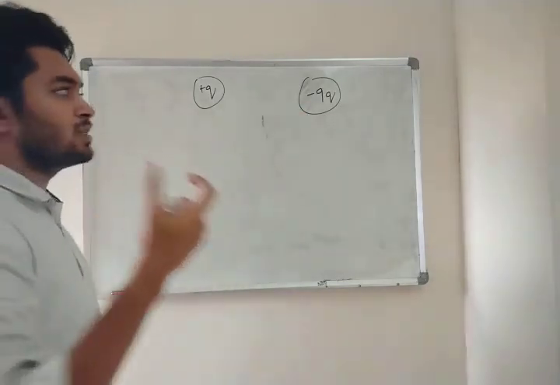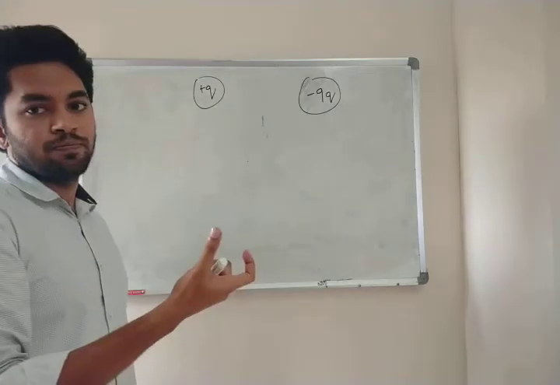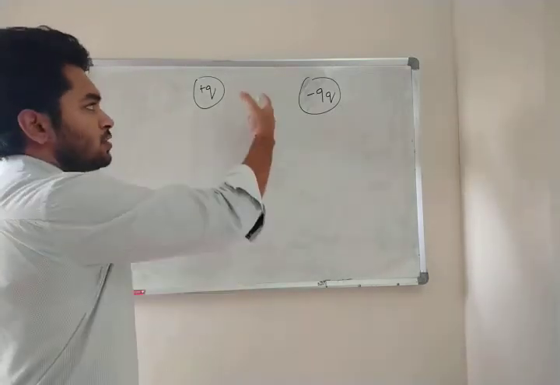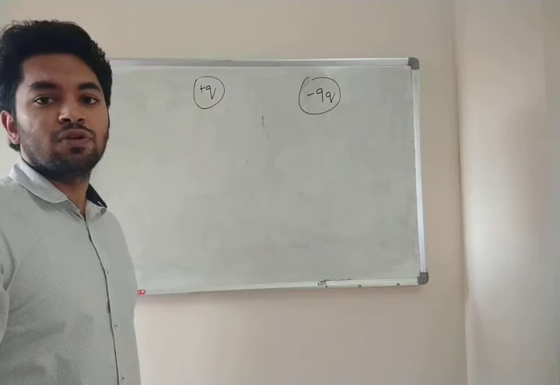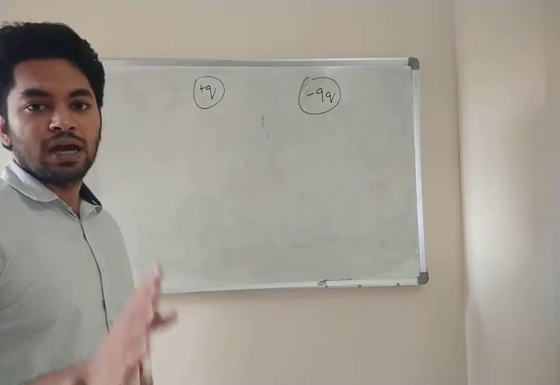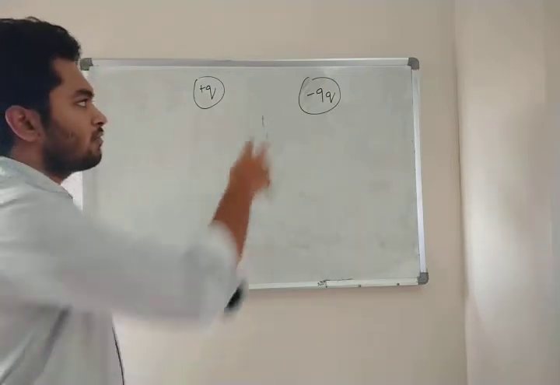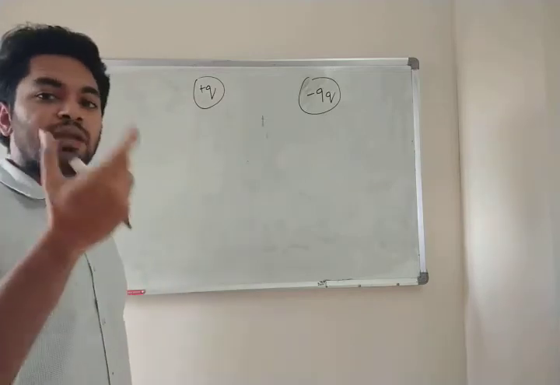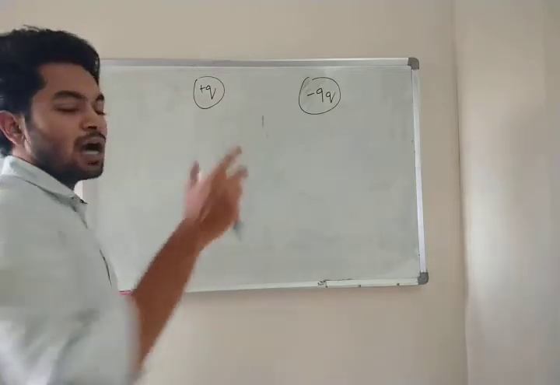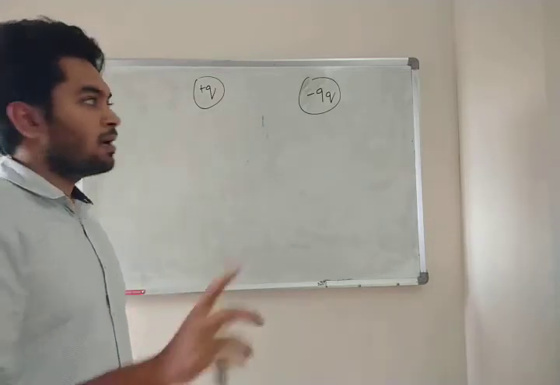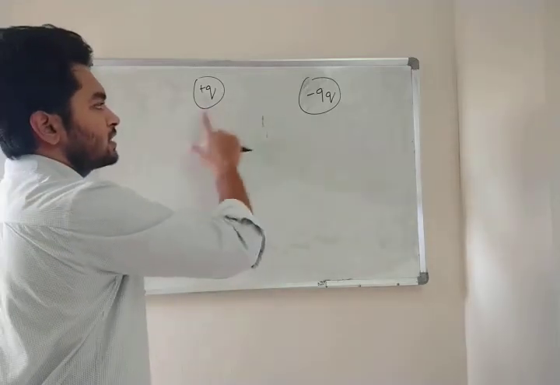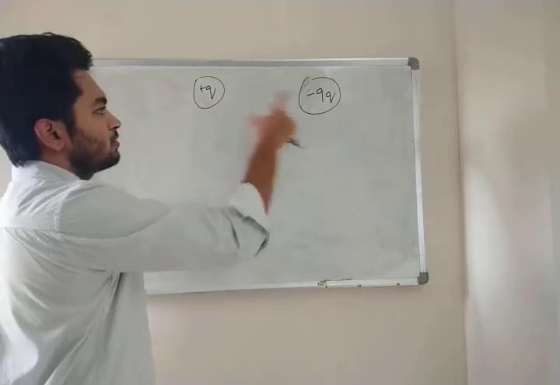And in the previous sum here we have taken plus q. You can also take negative q, but the answer will be same. Understood? If you want, try it and see. If you put negative q in the previous sum in the middle, answer will be same. Clear? But here we have changed the charges. So here it is positive and here it is negative.